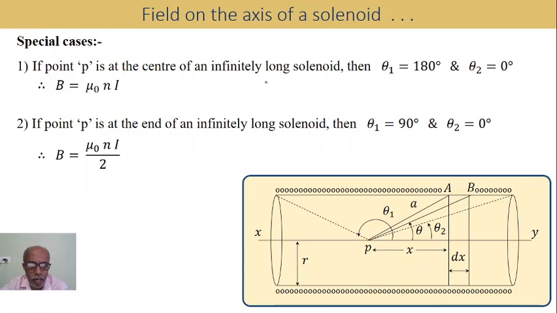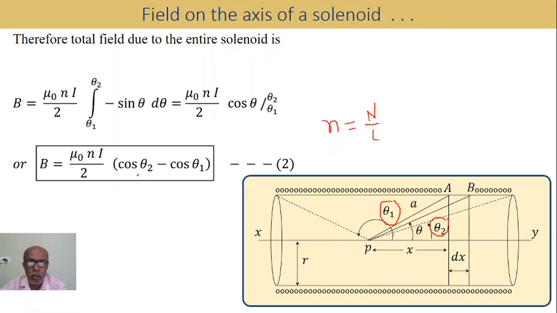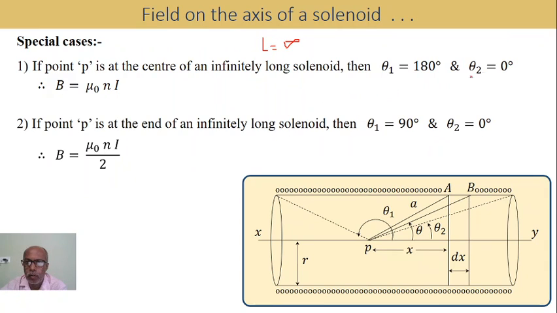If point P is at the center of an infinitely long solenoid, if the length of the solenoid is infinity, L equals infinity, then theta 1 becomes almost equal to 180 degrees and theta 2 becomes almost equal to 0 degrees. Therefore, the above relation becomes cos 0 minus cos 180, that is, cos theta 2 minus cos theta 1. Therefore, it is cos 0 minus